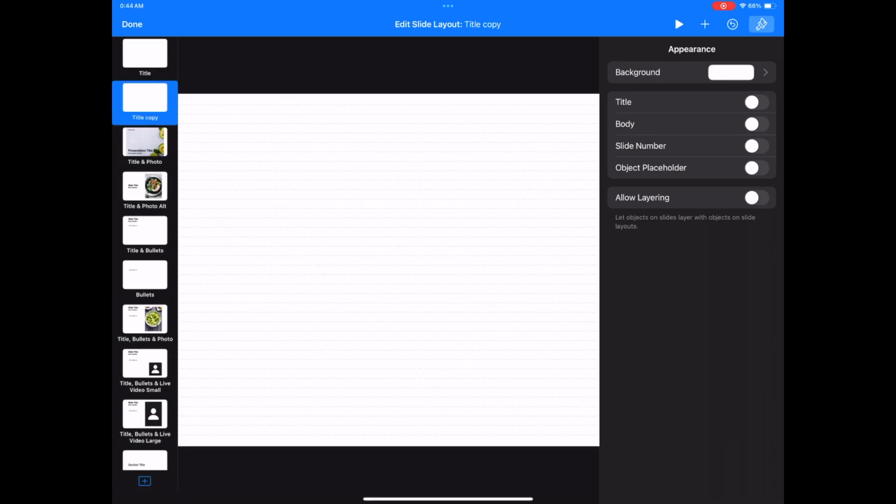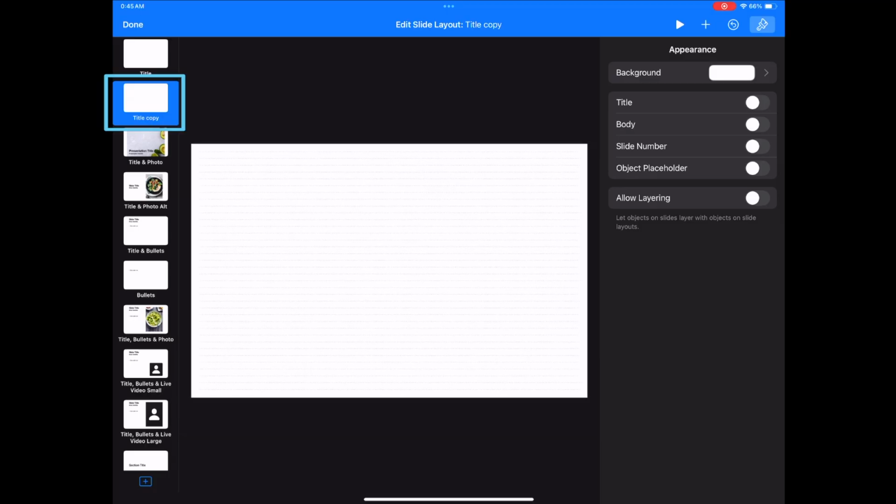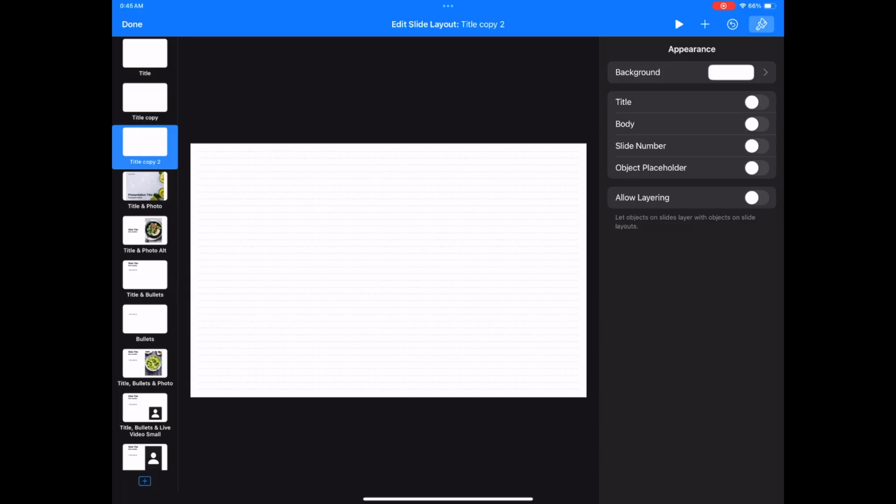So this was the grid page that we have created in the last video, and in today's video I'm going to use it as the foundation of the creation of the weekly page for my digital planner. First, let's duplicate this slide, and to do that, tap the thumbnail and select duplicate. If you have locked the table object from the last video, you can now unlock it in the duplicated slide